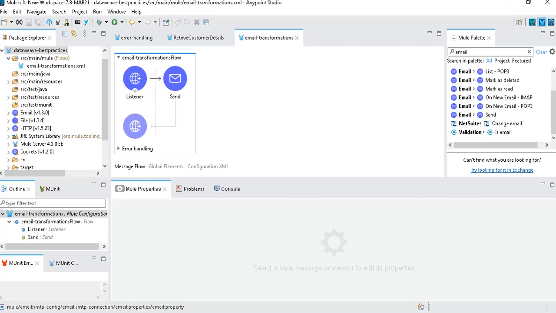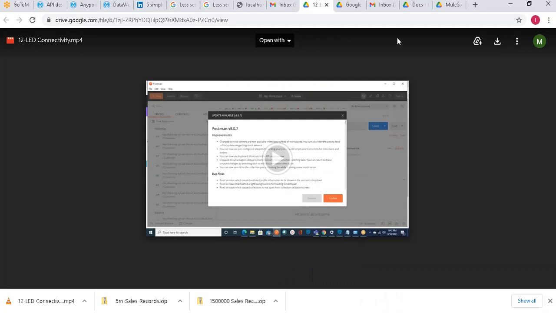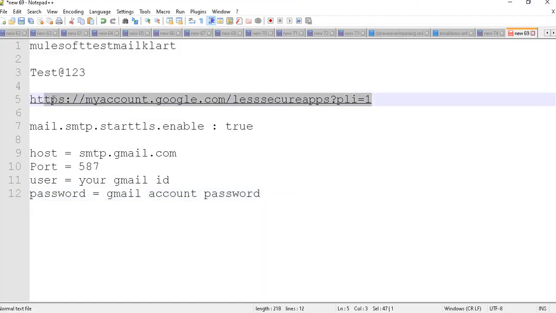To enable this feature, you need to make one change. I'll show you that. You need to use this URL. By using this URL, you need to enable less secure apps.